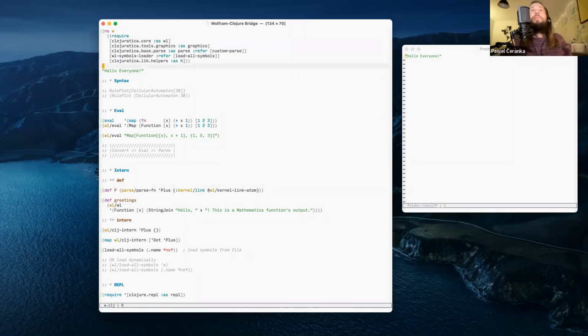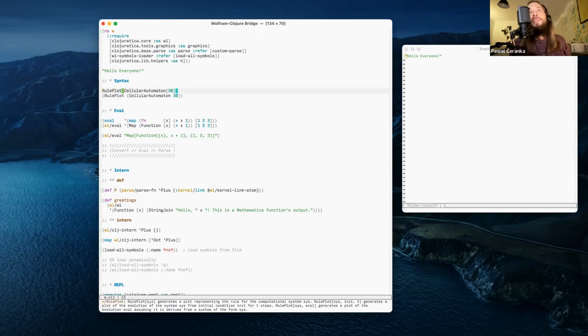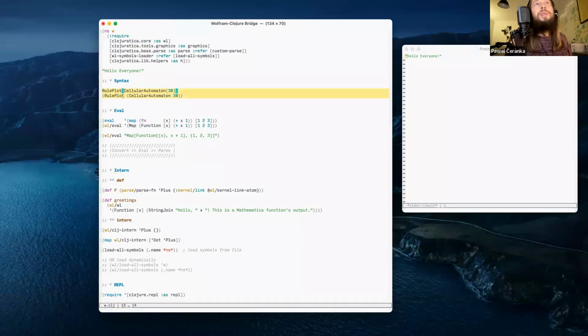Okay, so this is an example repo that I made some changes to today, so I'll push this and you can play around with it a bit later. One thing to realize is that the syntax is actually quite similar. We just moved the parentheses one syntax token to the left and changed the square brackets to parentheses, and we can start writing Wolfram Language expressions as Clojure forms, just like that. And how do we interact with this? How do we actually do something with this stuff? You have to evaluate this stuff.